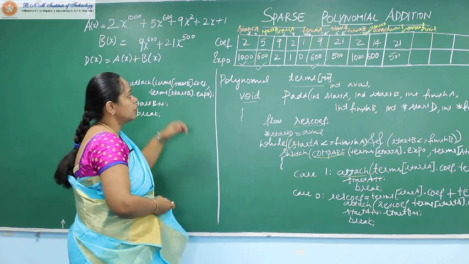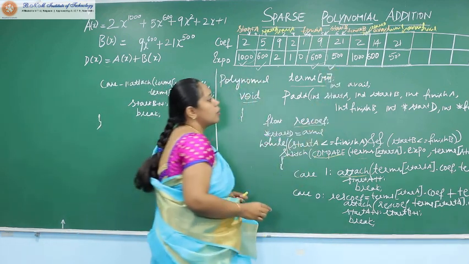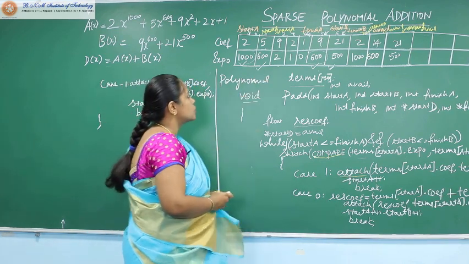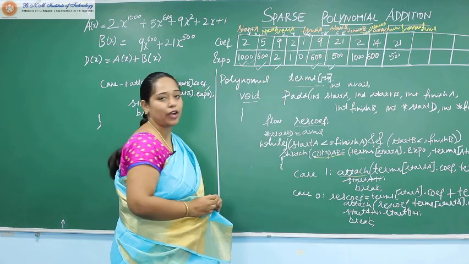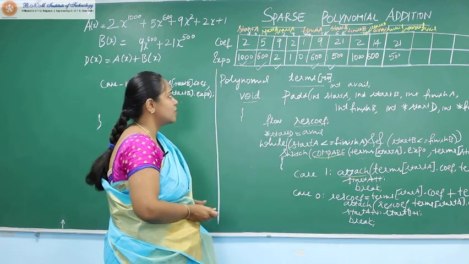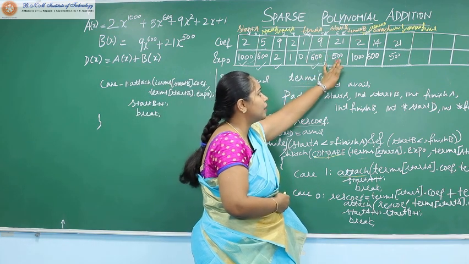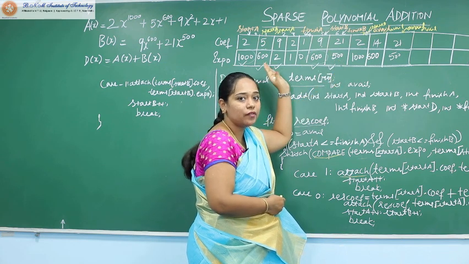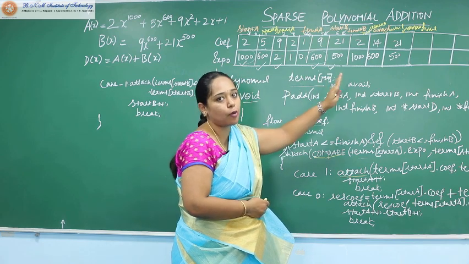Now how would it continue? You're done with 21 x bar 500. So start B is less than or equal to finish B. Now again when you start comparing 9x bar 2 with 500, there is a case -1, which means that doesn't have a resulting polynomial. But in this case, start B has already incremented over here, and start B has already reached finish B. And whenever it has reached finish B and it tries to go beyond finish B, that's not possible for us.